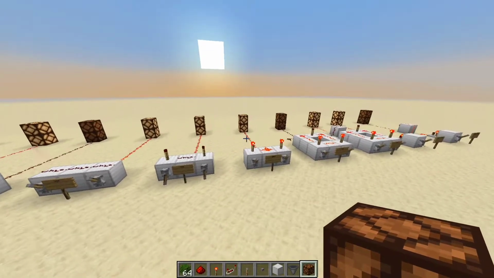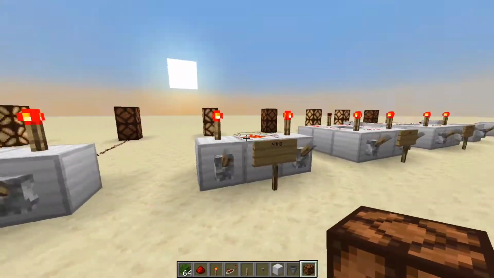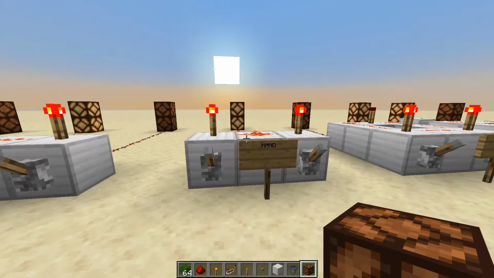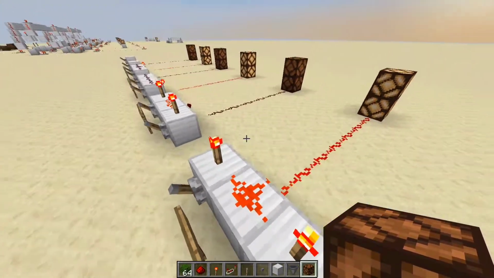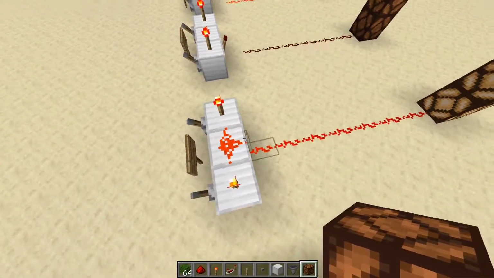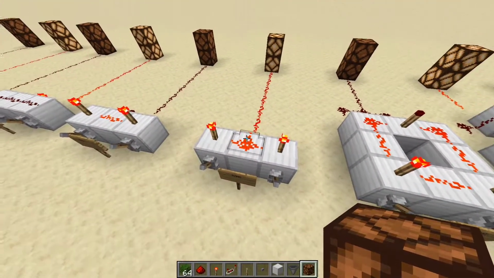So next up is the NAND gate, the NOT AND gate. The input is not the same as the output. It's basically an AND gate, but the signal is inverted. Or you could say the signal is not inverted, because the way I've built this AND gate regularly, if you